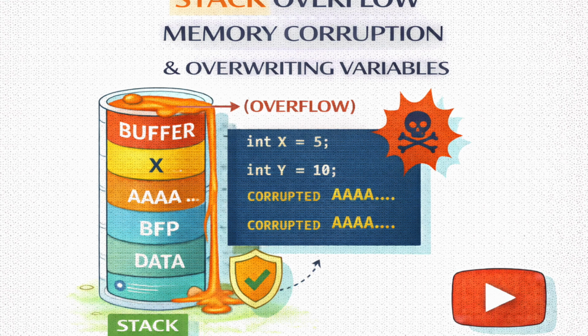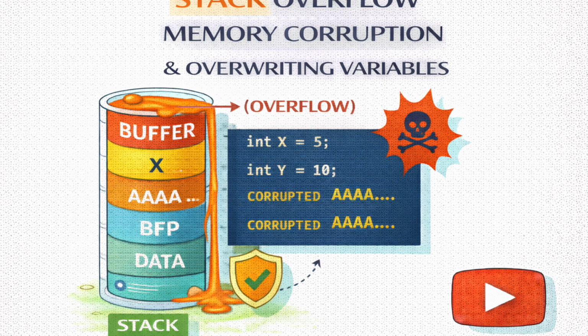That is hilarious. The computer thinks it's checking a sophisticated security flag, but it's actually just checking a piece of the password that spilled over the edge. It violates the integrity of the program itself. Yeah. The program logic is sound, but the data it relies on has been corrupted underneath it.